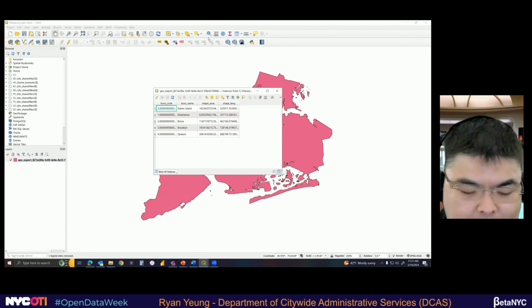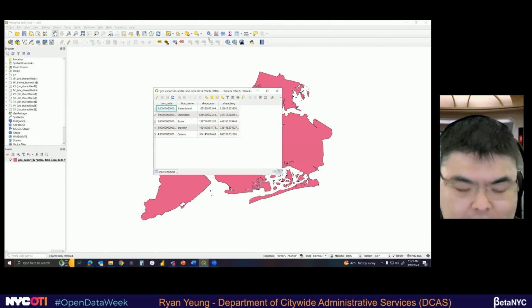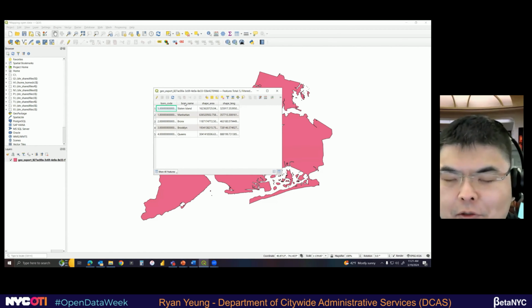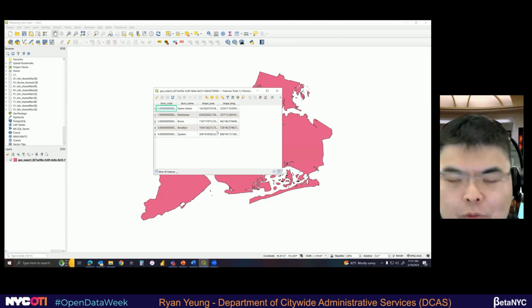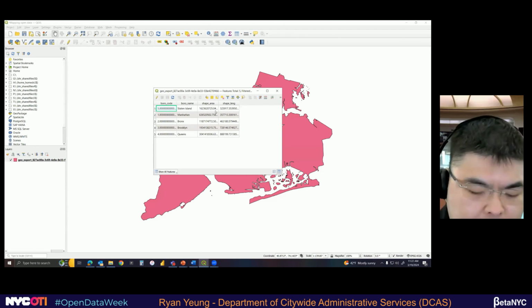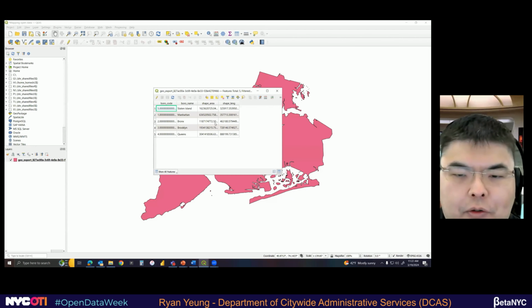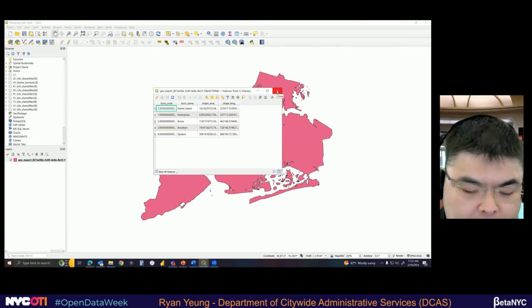Each layer has a set of attributes like data about that layer. And here we see that associated with this layer are the borough code, the borough name. Each borough, say New York, has a borough code, as well as geographic geometry data about each borough. You can do that with any layer that you add.